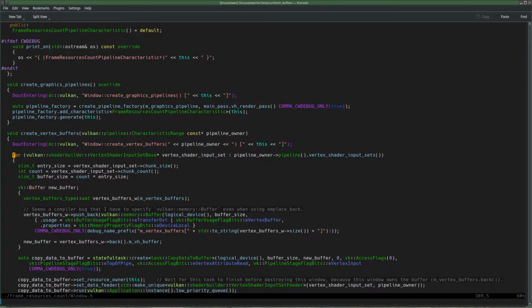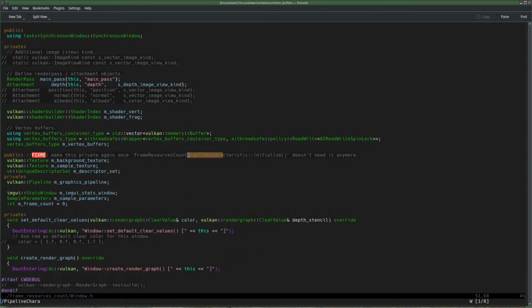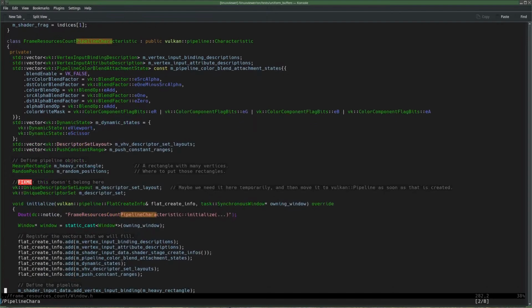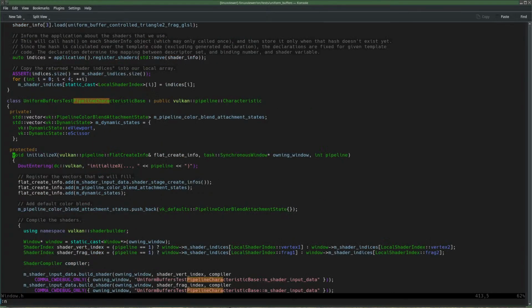So also here we have probably a pipeline characteristic thing. There we are. And that contains now this declaration, just in front of initialize, and yeah, it does say it doesn't belong here, but probably better to keep it anyway in the other application with these changes.